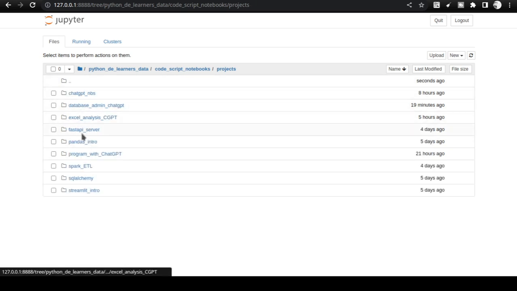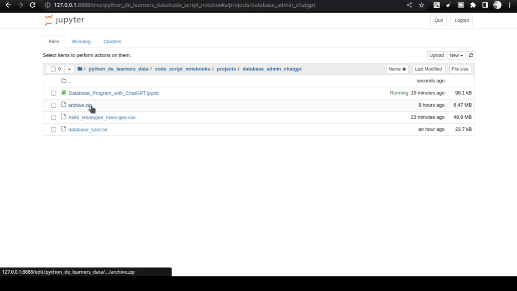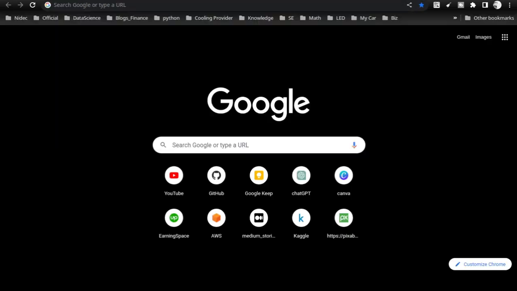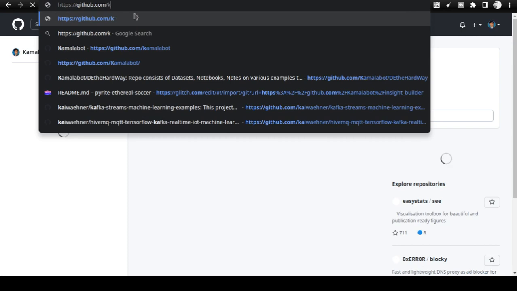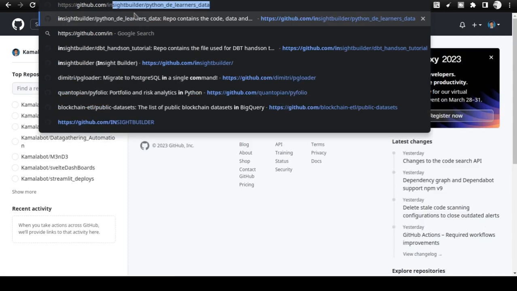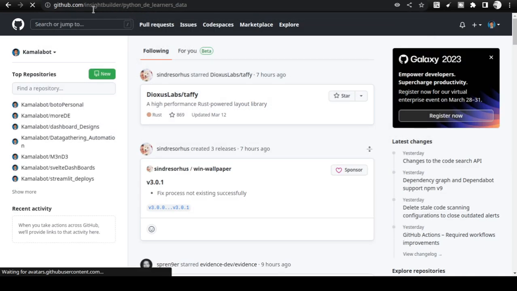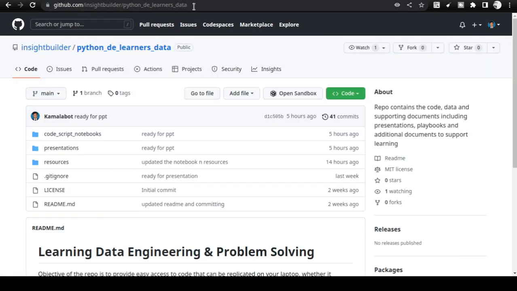How to actually get all these folders? You are showing me all these folders. Where to get them? In order to get the folder and the data, you have to go to GitHub. If you go to github.com, I'll be sharing the link also. If you go to this particular link, inside builder Python DE learners data, it will show you the